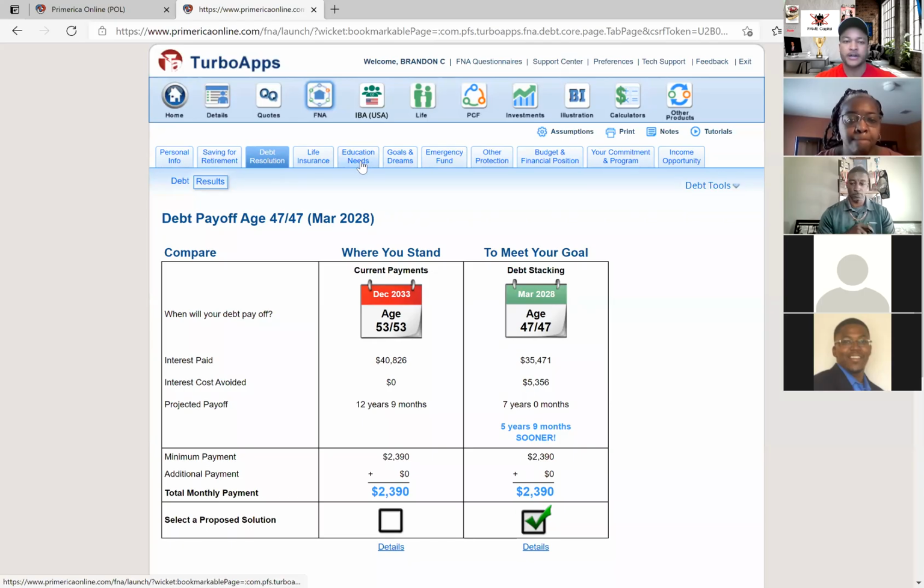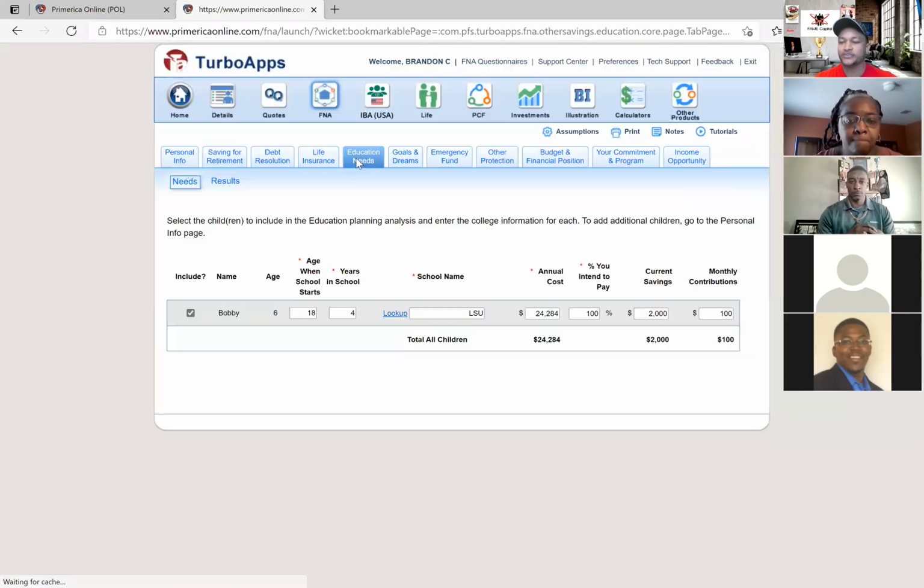No. All right. So we're going to skip life insurance. We'll go touch educational needs. So let's say if you have somebody, this is another cool tool where you can identify how much they need to put away for college for the kids. And you can actually find how much that college costs if you look up the school. So let's say Bobby wanted to go to LSU. If we look up LSU, I don't know why they want to go to LSU, but they want to go to LSU. It's going to cost them